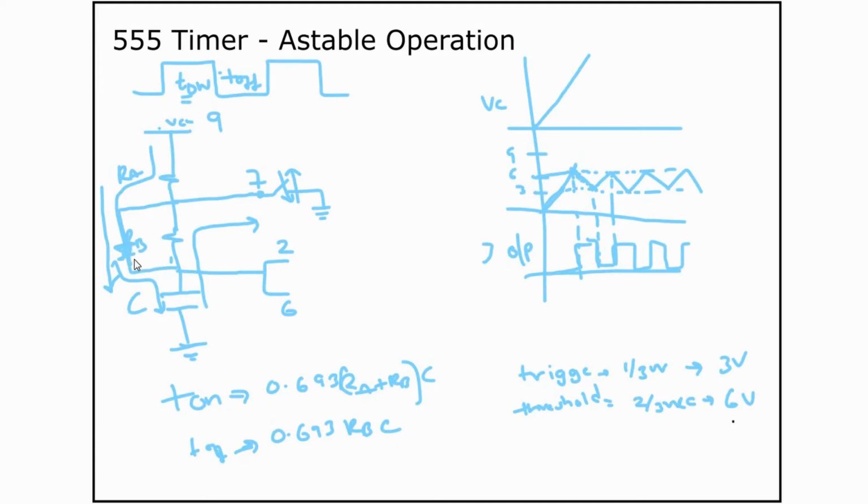Diode resistance is generally not very high, it will be in ohms, so you can use RB in kilo ohms. Then the charge path will only be this, and RB will not come into the picture. We can remove RB from the charge path, and the discharge path is this one. During discharge, there will also be some current flowing in this direction. Now let's quickly simulate this in Proteus and see how this works.